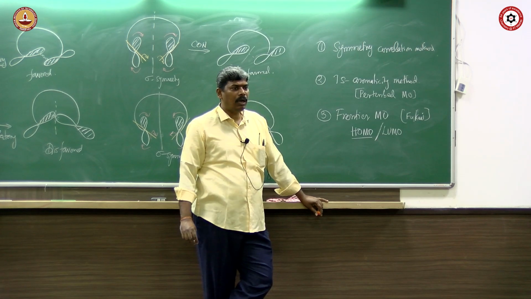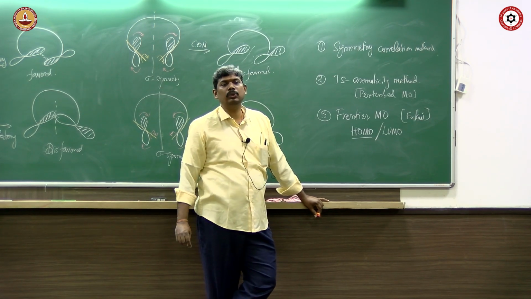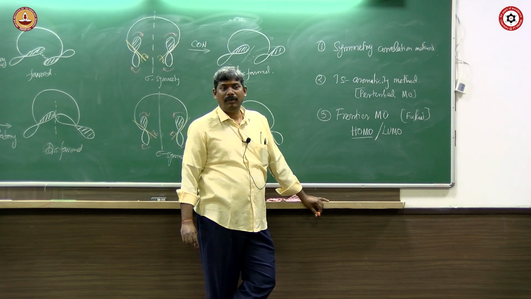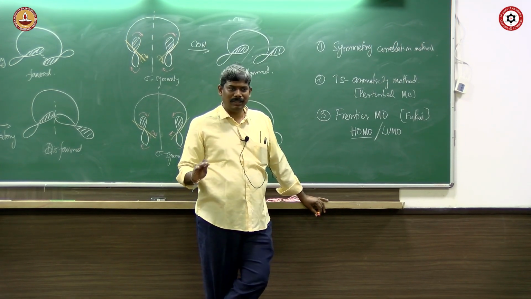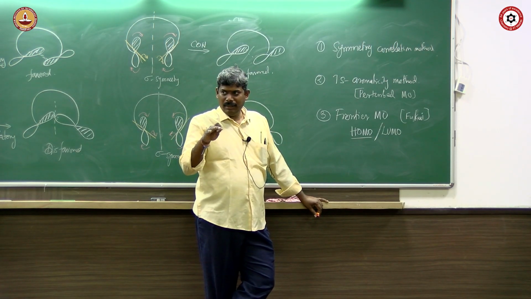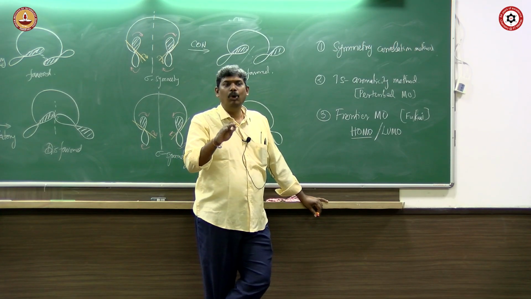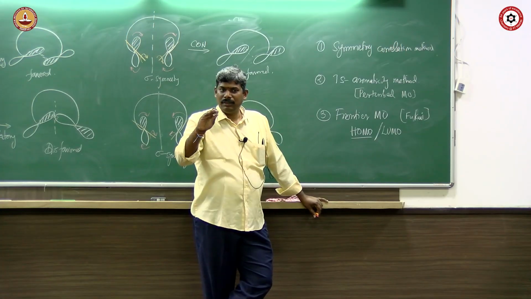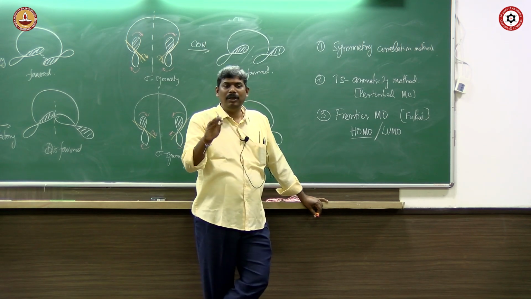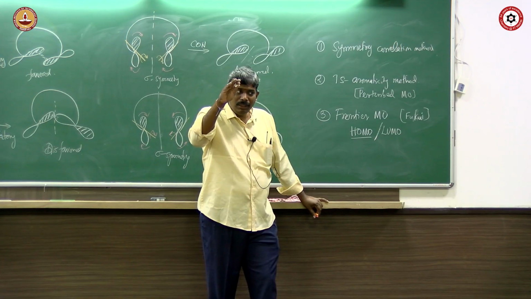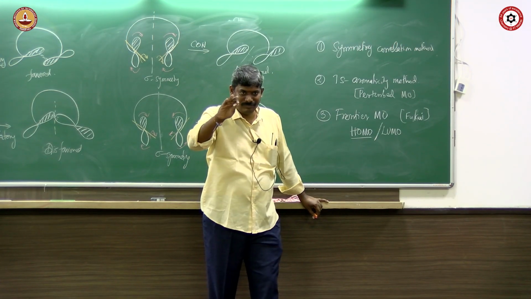So, highest occupied molecular orbital. Highest has nothing to do with an excited state. In a molecular orbital diagram, when we arrange it, we will see that in a minute. Highest refers to what in HOMO? That's a question. It refers to the highest in energy of the filled orbitals. Highest occupied molecular orbital. Occupied means you don't worry about an unoccupied one, but you worry about an occupied one which is highest in energy.